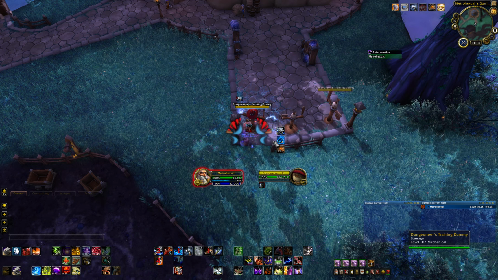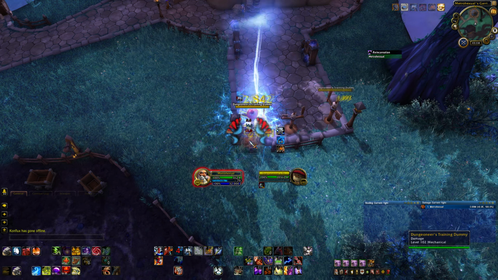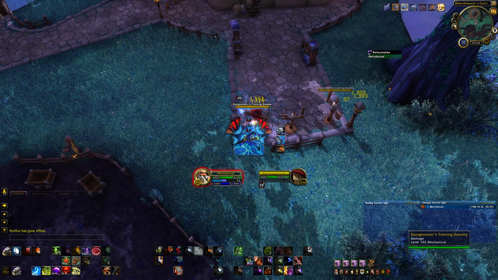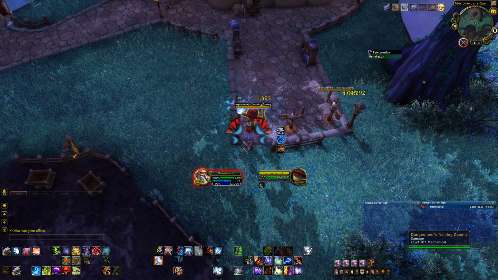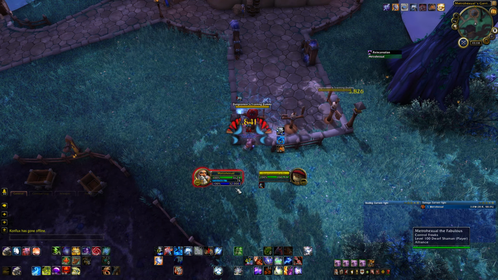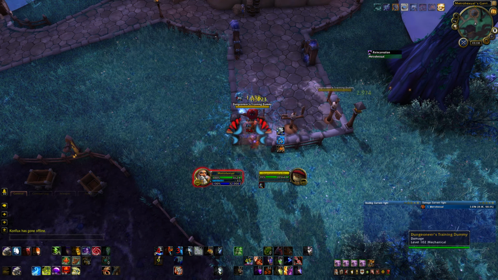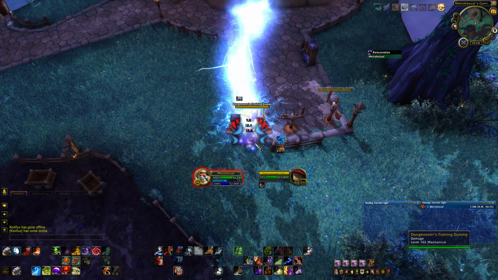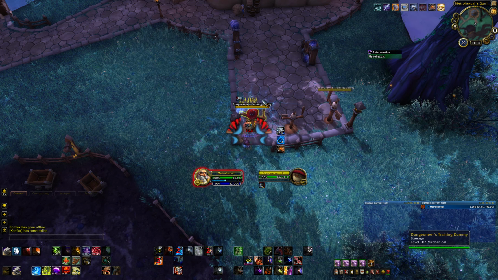Fist is up, gotta refresh my Frost, and then Crash Lightning is coming up pretty soon. Build some Maelstrom here, and then use it on Stormstrike, Crash Lightning, Boulder Fist, and so on. Now I'm pretty high, so I'll use one Lava Lash just because I was pretty high there. I'll refresh my Fire buff, Frost buff, my Boulder Fist buff, Crash Lightning's off cooldown, Stormstrike's up, and then you just keep